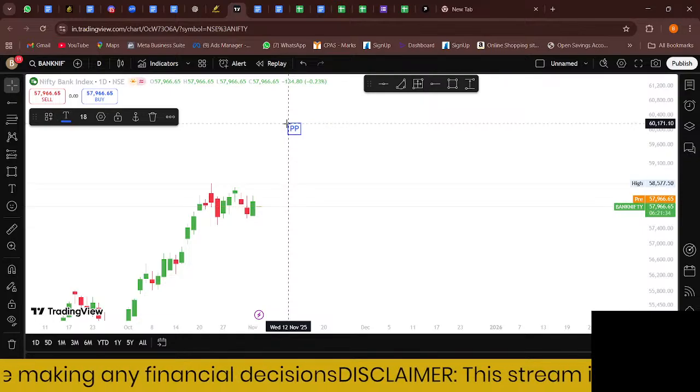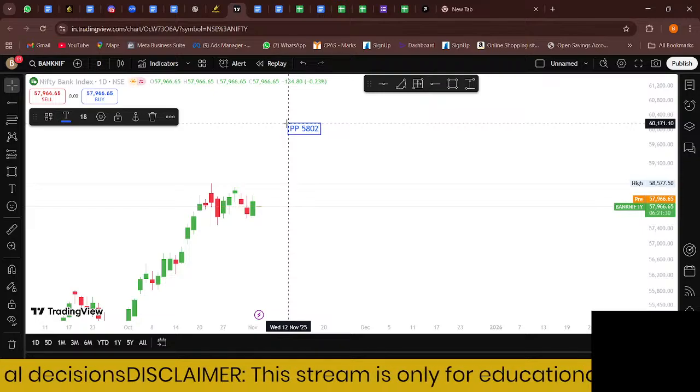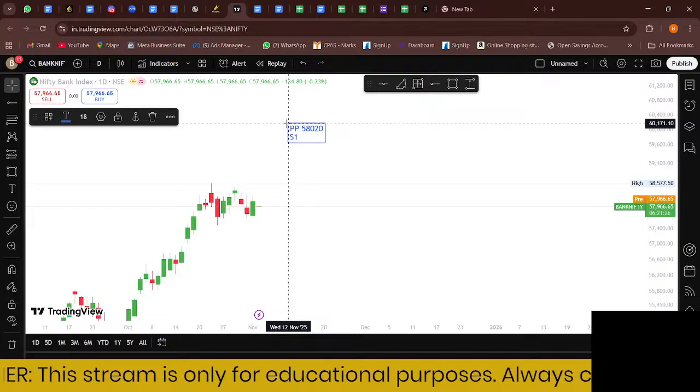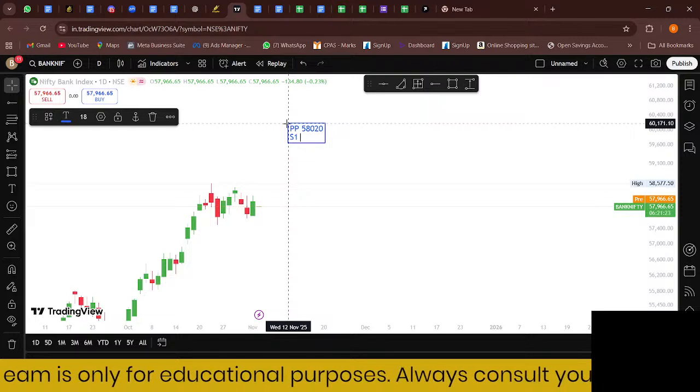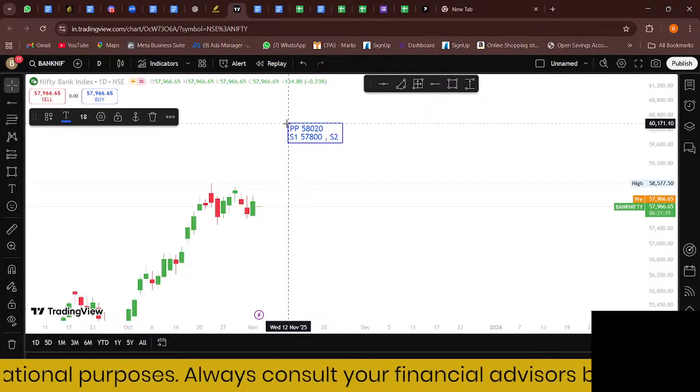58,022. PP will be at 58,022. Let's mark it at 20 only. And support one will be at 57,800. 57,800 will be our first support, and support 2 will be at